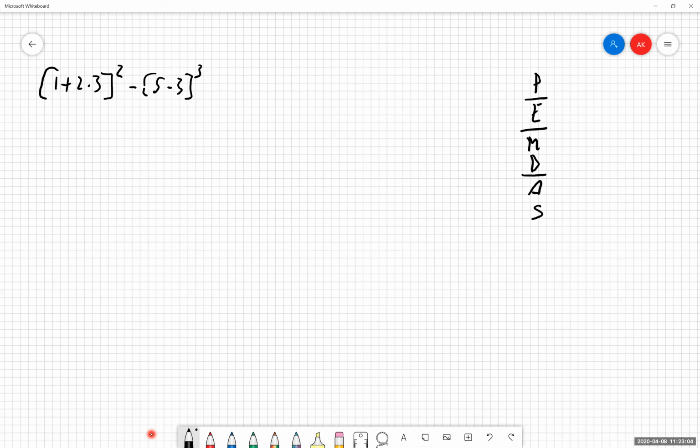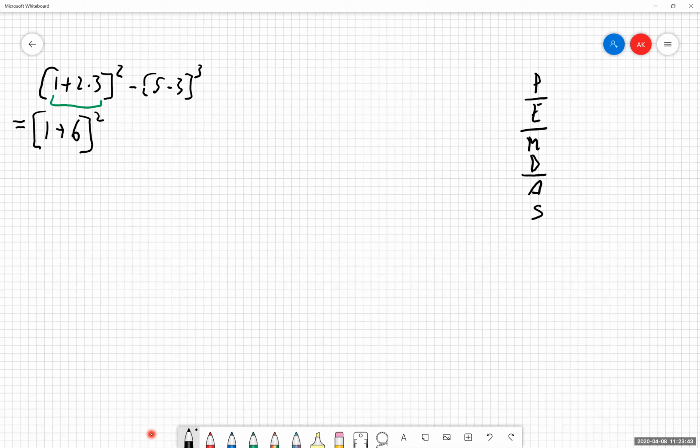Okay, so I'm going to work with our first set of parentheses. I'm going inside of those. Looking at our first one we have here, I don't have any parentheses inside that. I do not have any exponents inside that. I do have multiplication happening though. So I need to do multiplication first. So within that set of parentheses, I'm just multiplying 2 and 3 together, getting 6. Nothing else is changing in there.